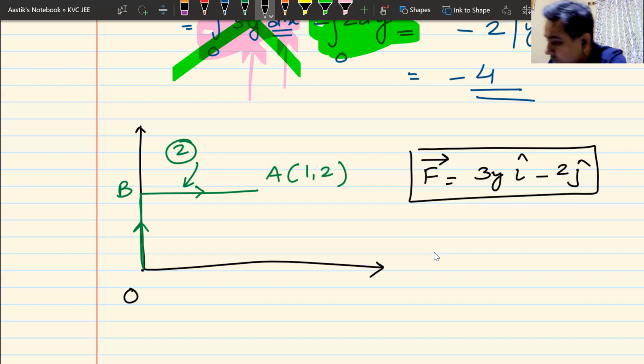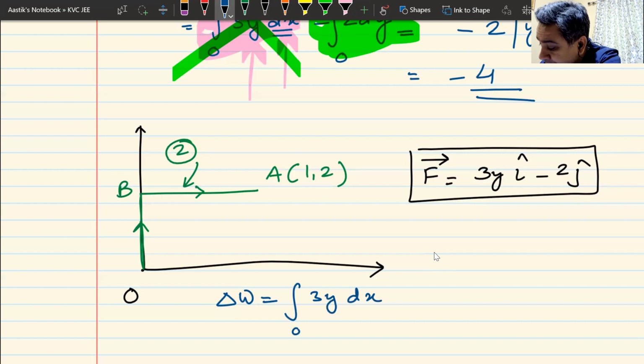Integral of F dx. Slowly. I'm very slow. I don't have a big brain. I have a small brain. Go slowly so that I can understand. Yes, so I'll write delta W, work done. Integral of F dx. Let us skip that step. Everyone understand this? Tell me what is F, what is the integral coming? 2y dx. 2y or 3y, beta? Sorry, sir, 3y. 3y dx. Yes. 0 to 2 limit.